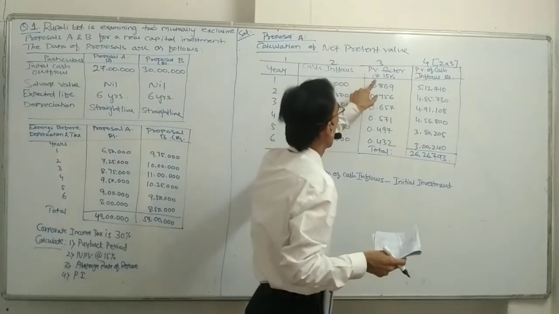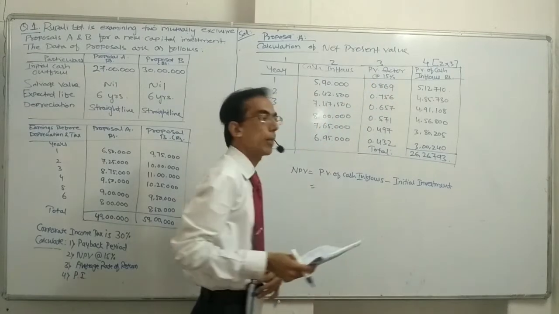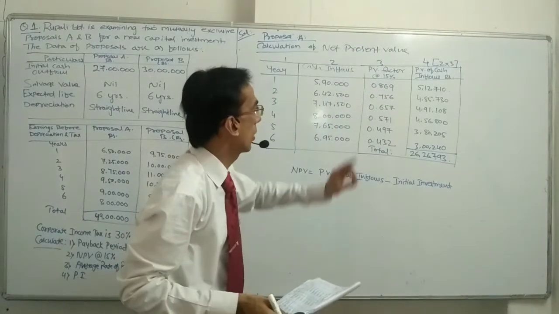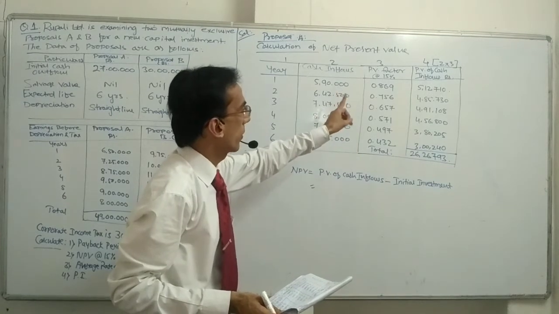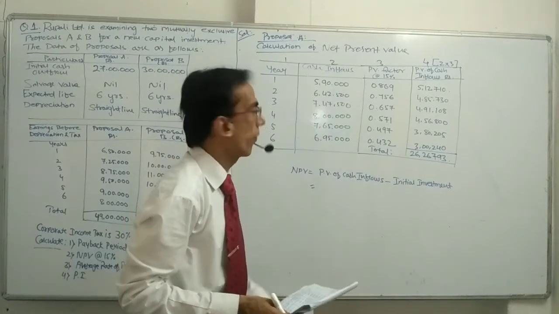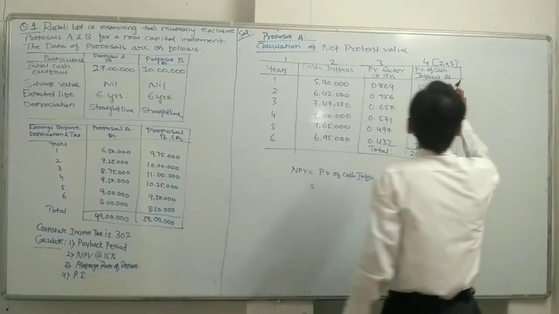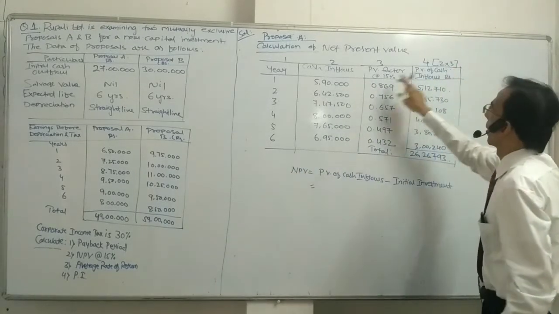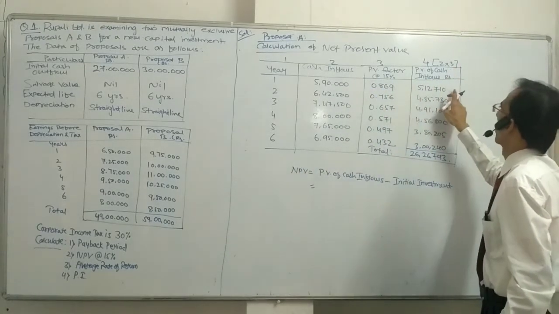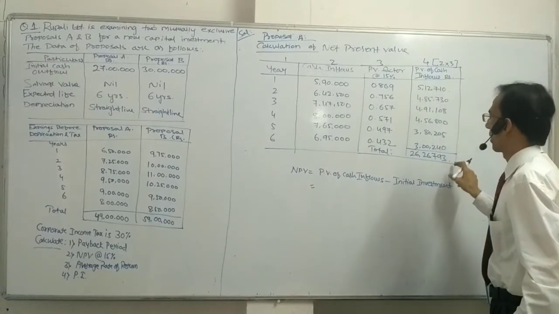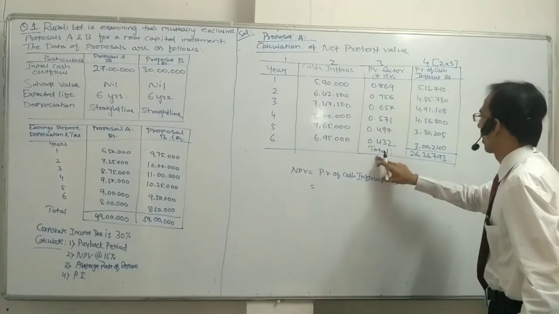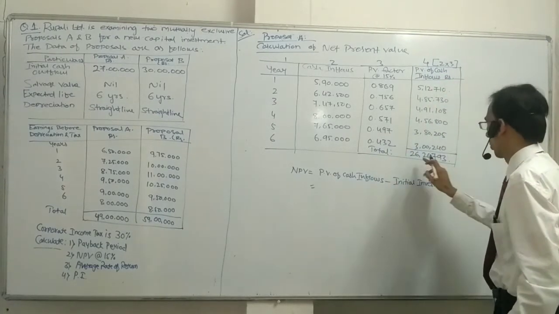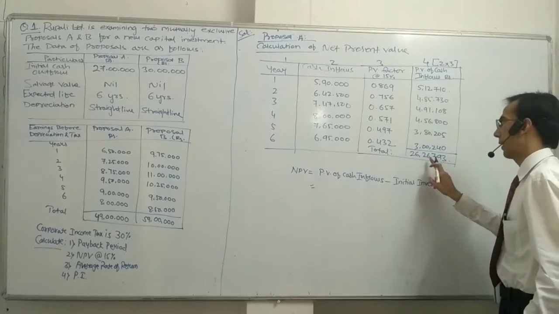Then we had applied present value factor at 15%. And you know how to calculate 15% present value factor. Next, 4th column, we need to multiply 2nd column into 3rd column. So we get the result and we total the present value of cash inflows. It comes to